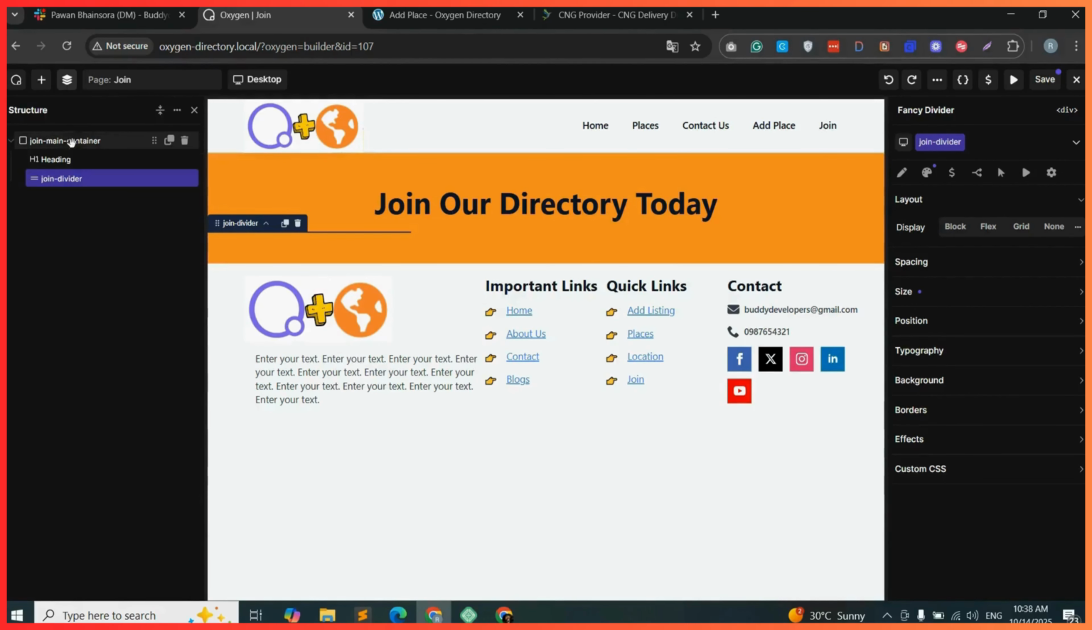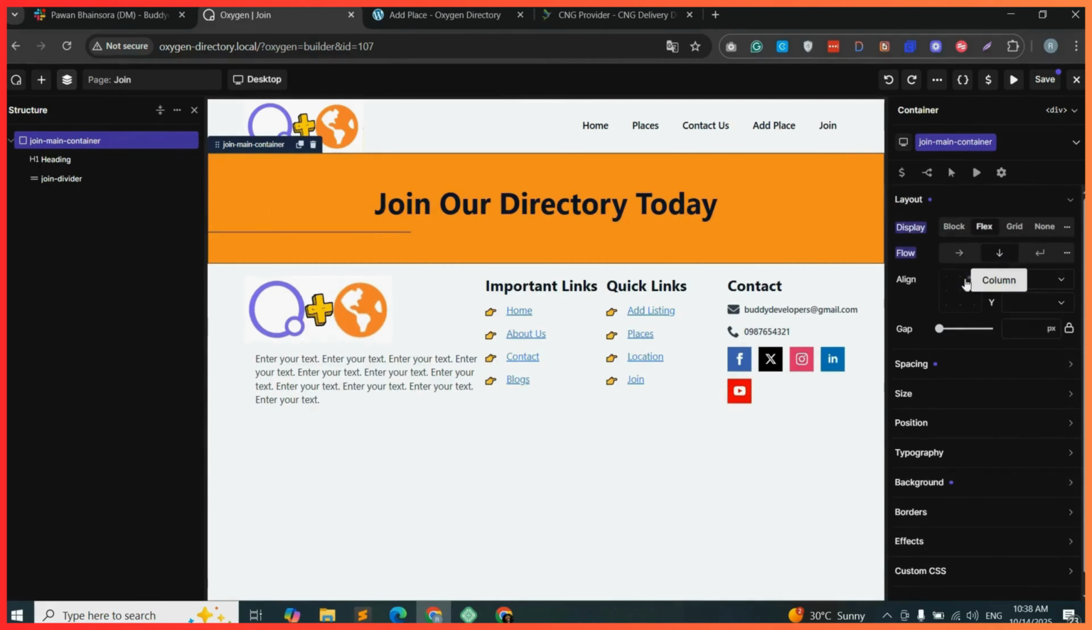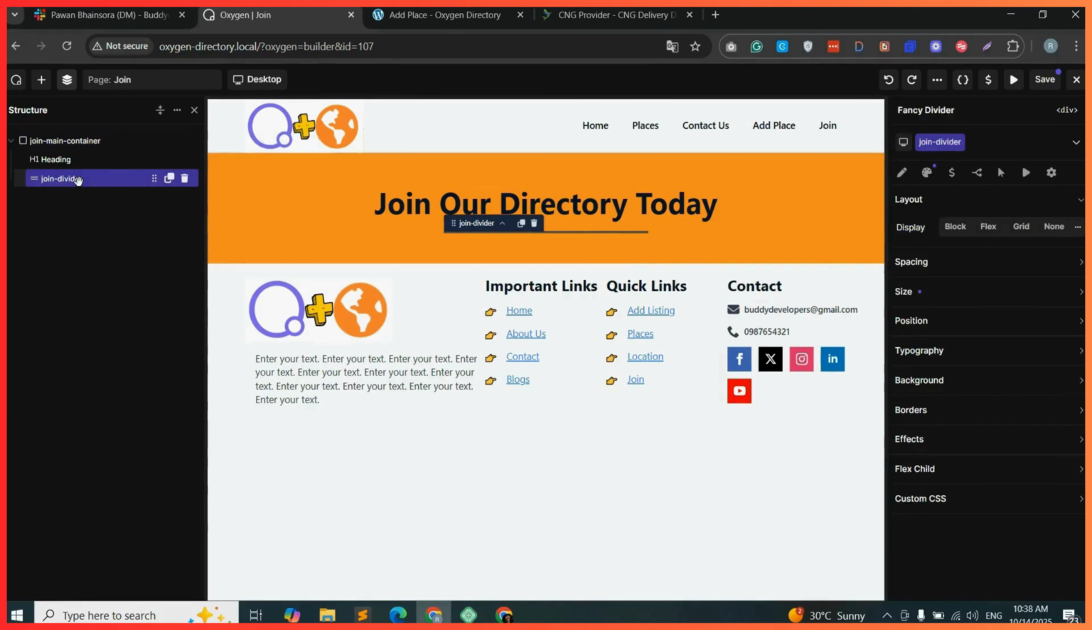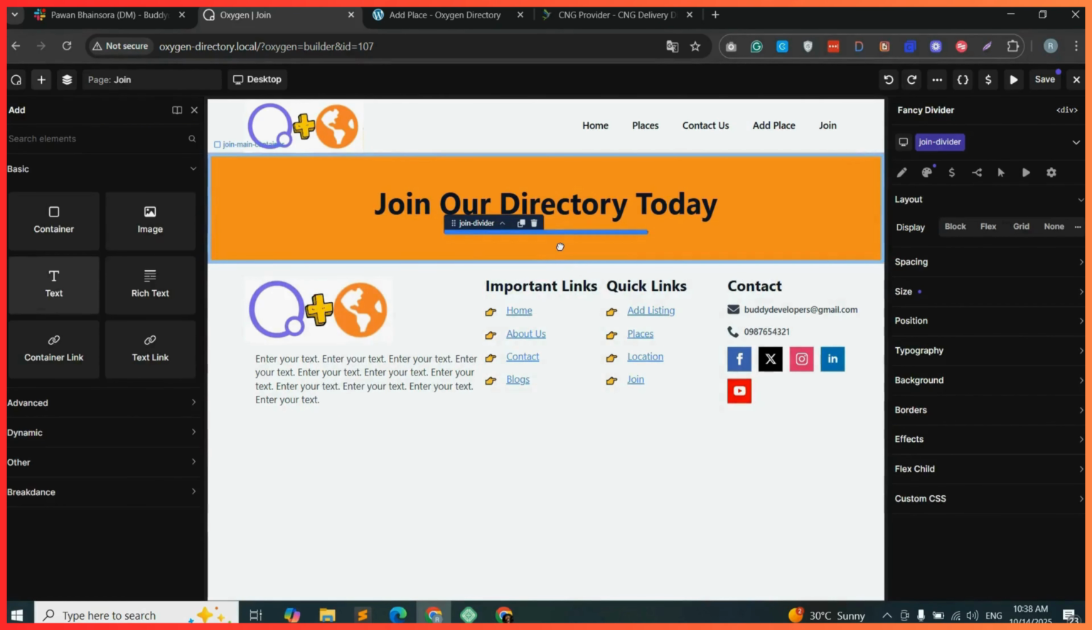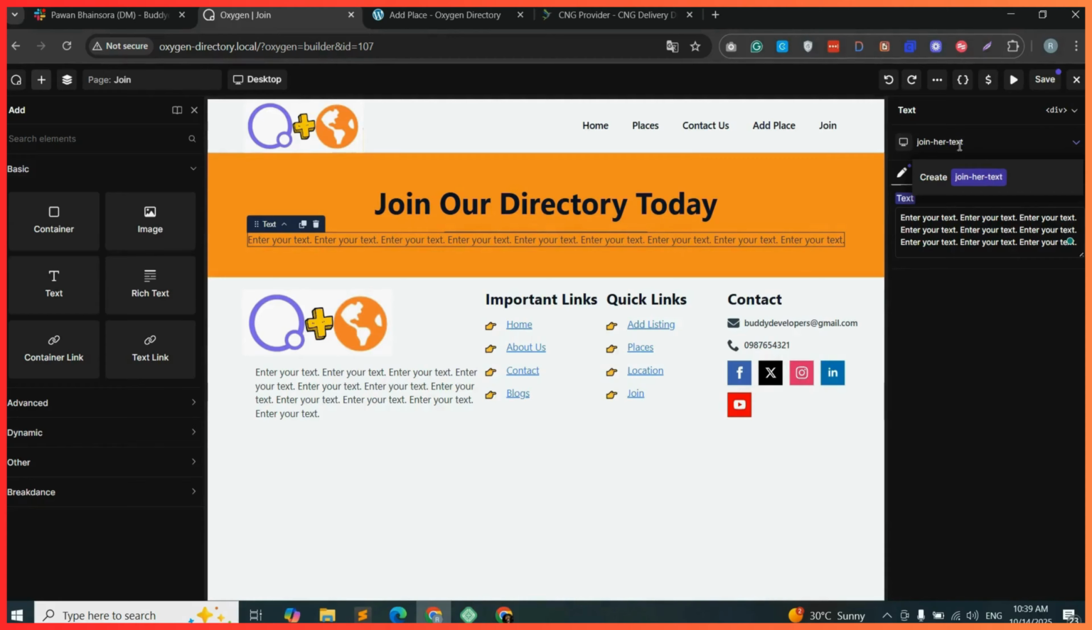Now coming on to structure, coming on to main container, flex column wise, alignment center and alignment X center and Y center. Then below the divider, we will be adding a button. We can also add some description over here. So taking a text box over here, we have added some dummy text, adding class join hero